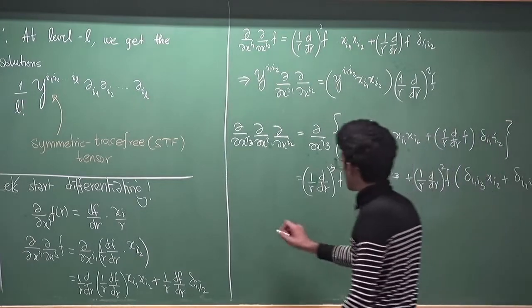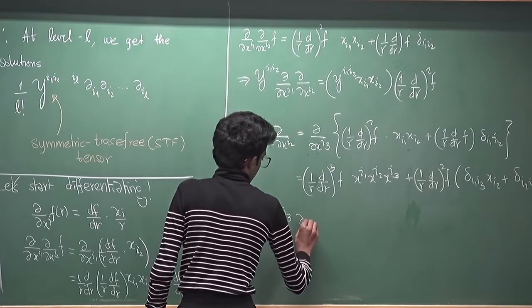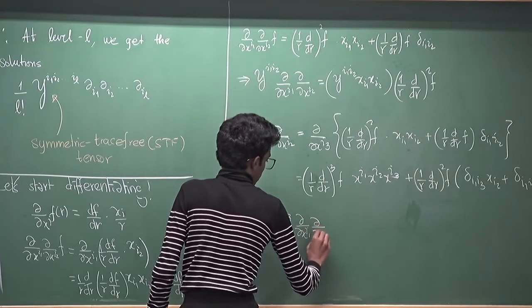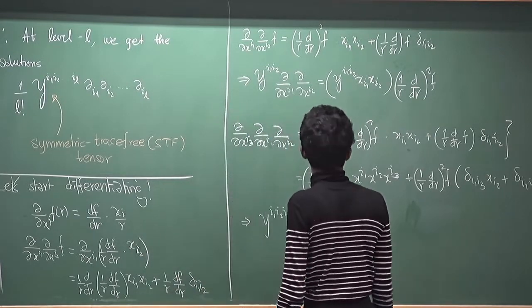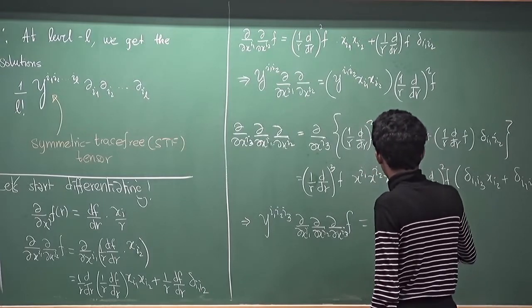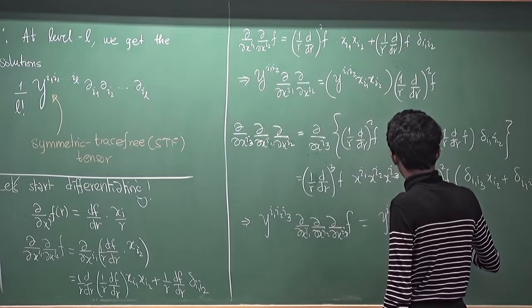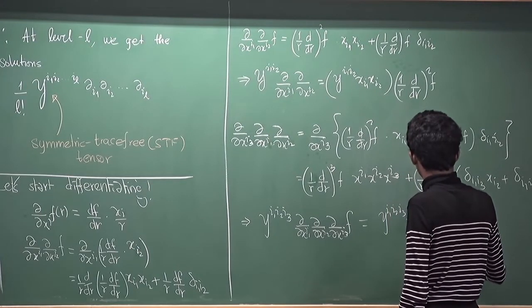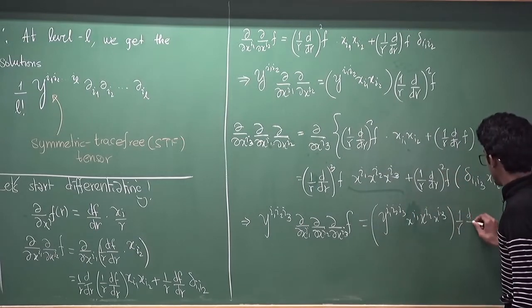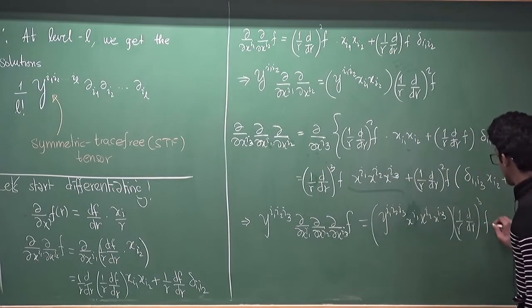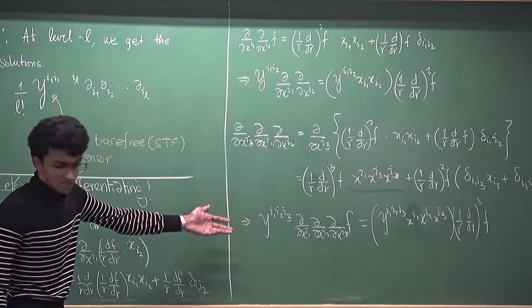Okay, which implies that y^{I1 I2 I3} ∂_{x^{I1}} ∂_{x^{I2}} ∂_{x^{I3}} acting on F should be equal to y^{I1 I2 I3} ξ_{I1} ξ_{I2} ξ_{I3}, which are these, times (1/r d/dr)^3 acting on F. And in general, you can keep doing this, you can show it by induction if you want, but it's clear